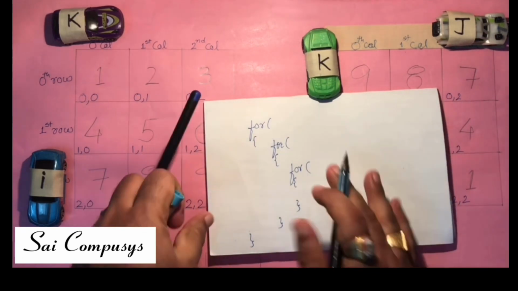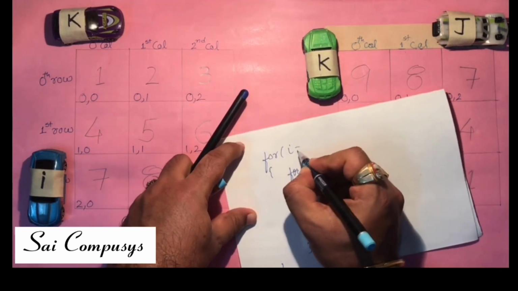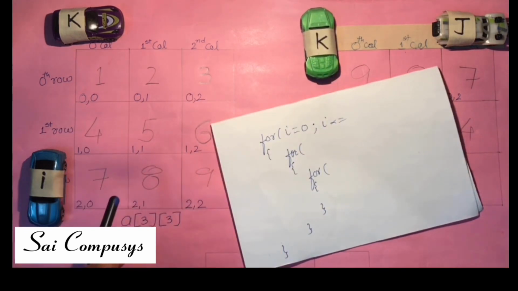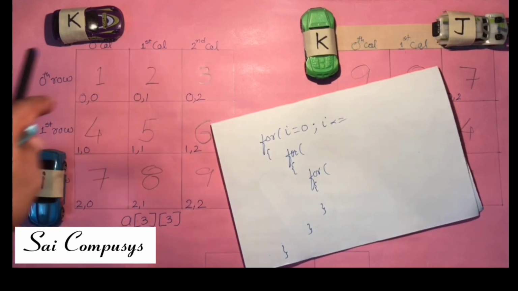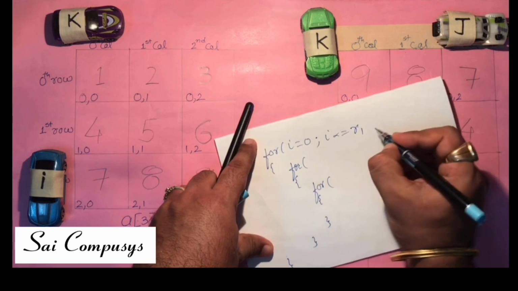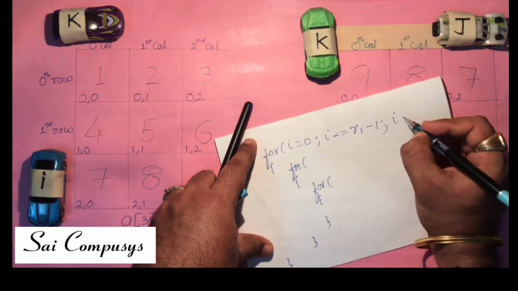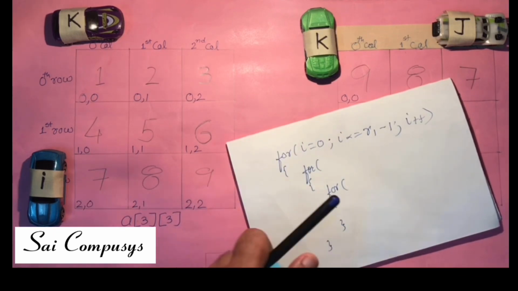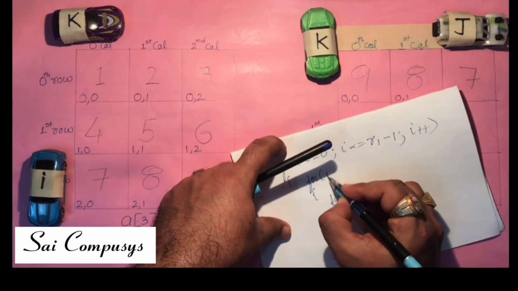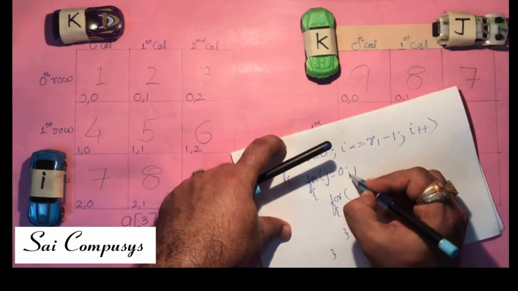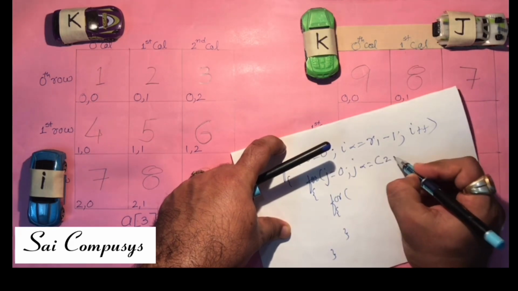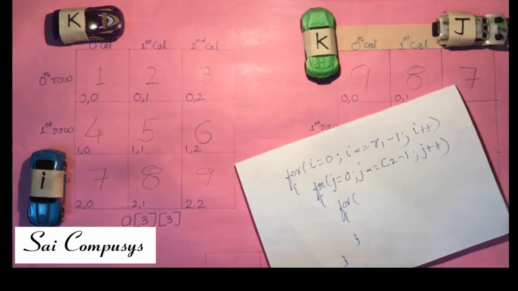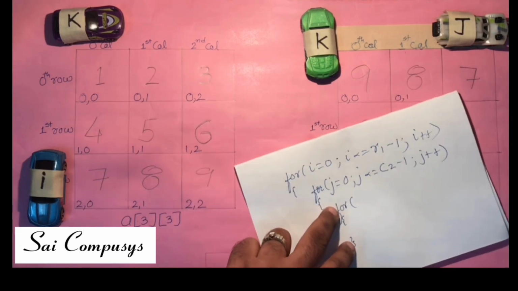The outermost loop in this case will be for I, I'll vary from 0. Though it's a 3 by 3 matrix that I have taken over here, the number of rows is R1, this is C1, so I'll write down I less than or equal to R1 minus 1. J, as you can see, is the columns of the second matrix. So J, I'll vary from 0 less than or equal to, it stands for the columns of second matrix, so that would be C2 minus 1.